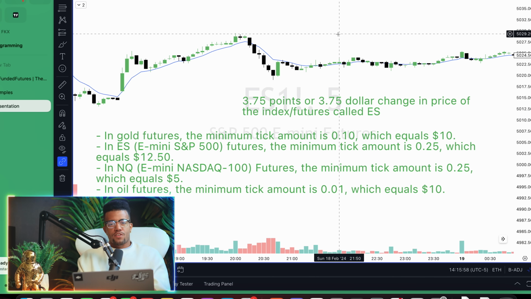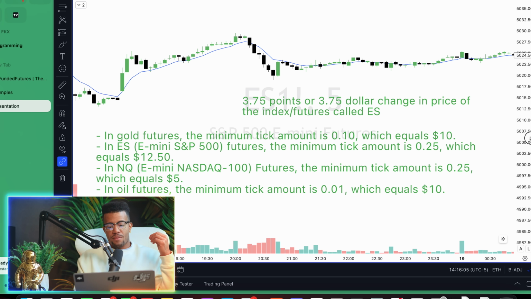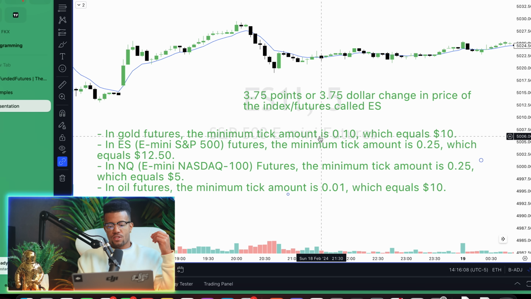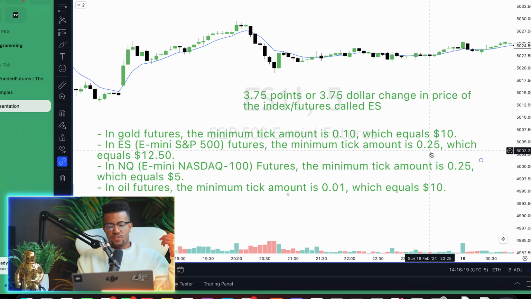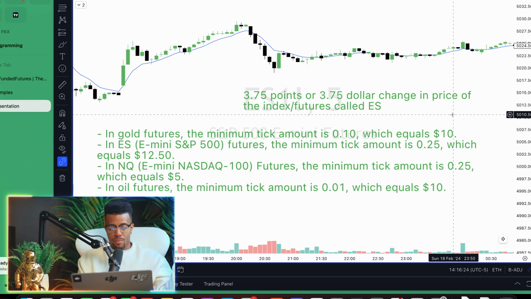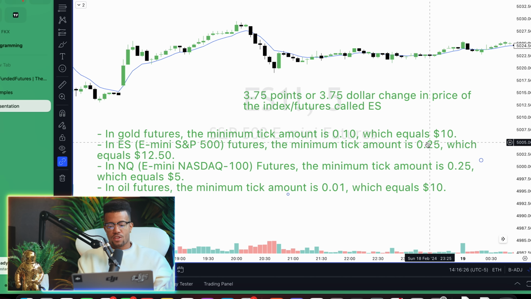Okay, check it out. Another way to think of this, the minimum tick amount is necessary to just know how these prices move, and it's not the same per asset. So gold moves in ticks of 10 cents. So gold will never end in a price of 0.07 or 0.08. Okay. ES moves in prices of 25 cents. So you'll never see ES end in a 0.3 or 0.4. It's literally impossible. Same with NQ. They both have a tick of 25 cents. The values of those ticks are different though.